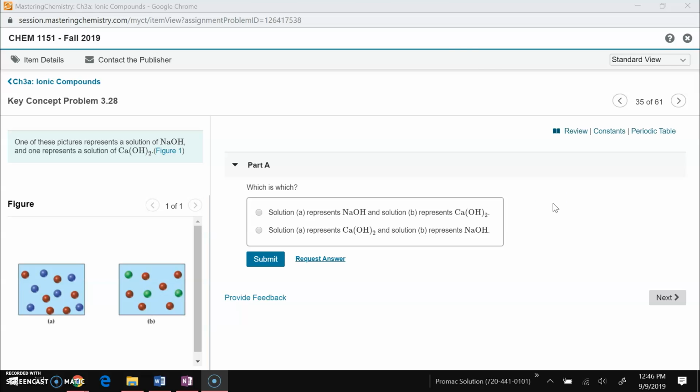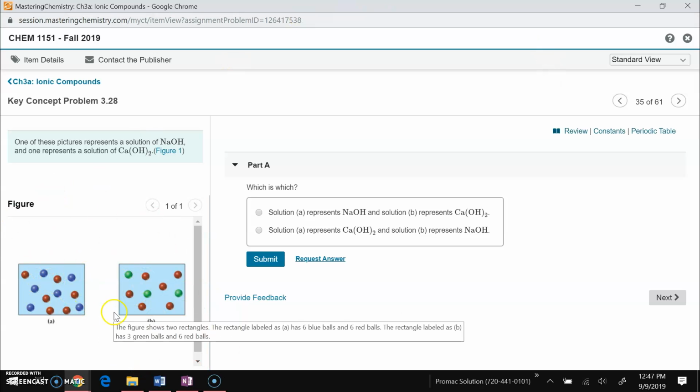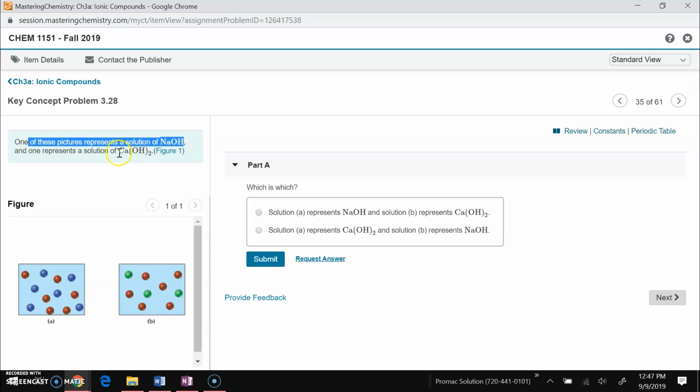This is the chapter 3A homework, key concept problem 3.28. It's actually also number 35 if you go through the list. I know there's a lot in the 3A homework, but hopefully it gives you extra practice for the exam. It's a complex way of seeing if you understand what the formulas mean. It has two figures, figure A and figure B, and it's asking which one represents NaOH and which